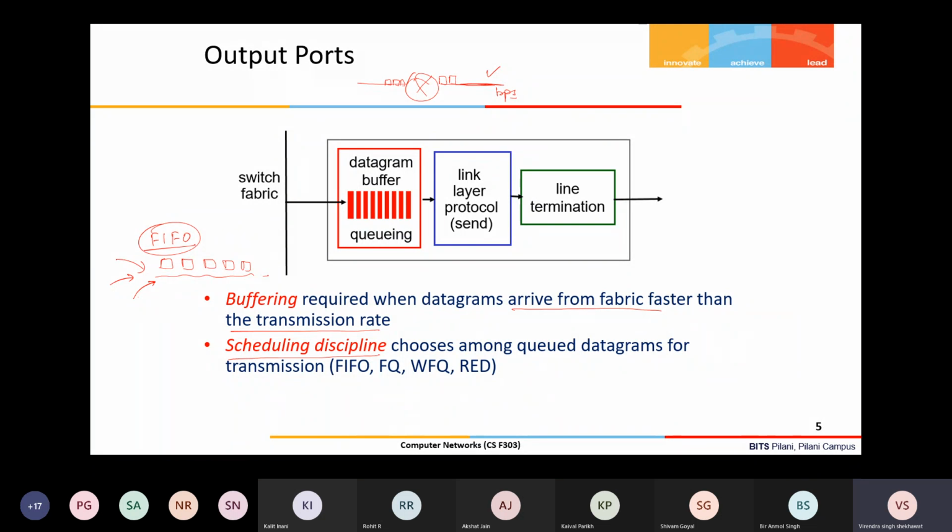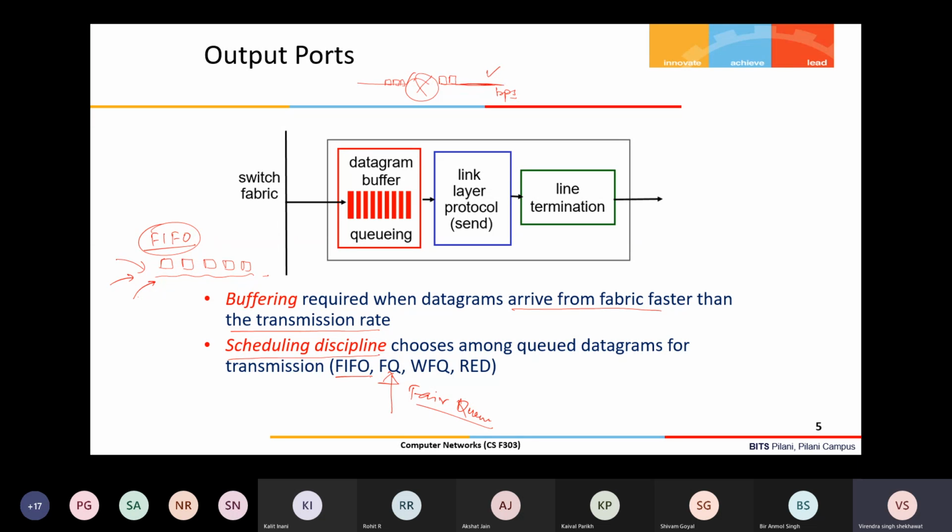Some other issues are also there, but we are not going into much detail here as far as this course is concerned. Then other algorithms are also there. You can see the FQ algorithm, which is called the fair queue algorithm. The fair queue algorithm takes care of fairness among the flows, meaning the amount of bandwidth that each flow is going to get, irrespective of the sending rate of each flow.